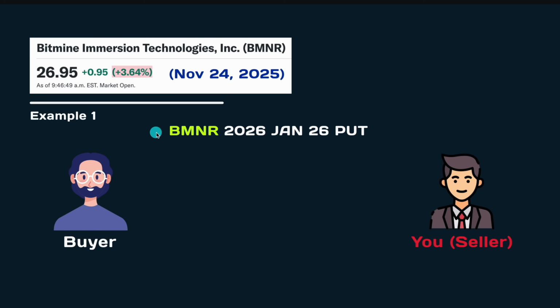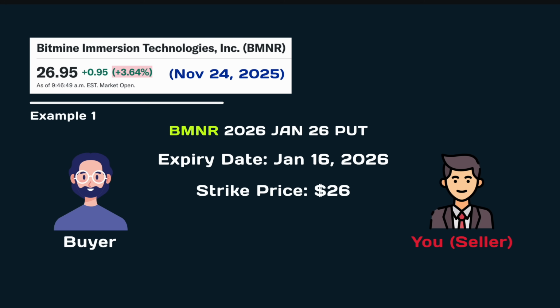So every single option displayed on what's called an option chain will have this information over here. So we're going to highlight the important details. The expiration date is about 40 something days away in January of 2026. You'll notice over here the strike price is $26 per share. And it will also give you details of the premium that the buyer would have to pay in order to